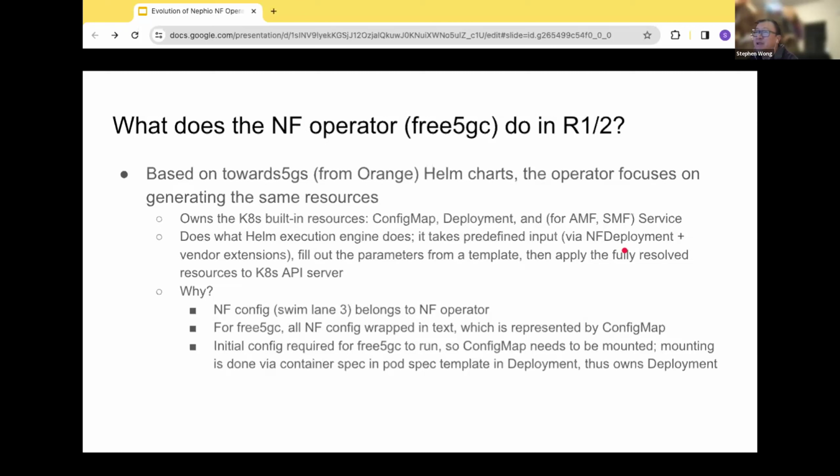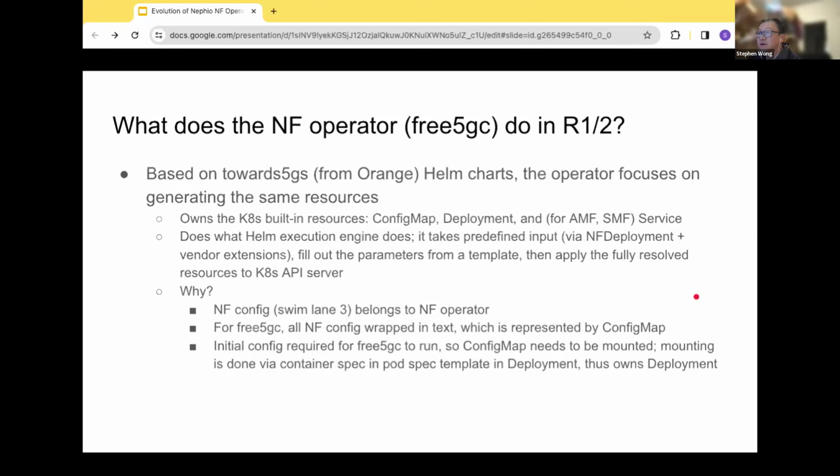So there are no dynamic configurations; there are configurations sitting there statically, read once when the network function starts. We wrap it into a config map, which is logical because any text we usually wrap in config maps, and the Helm charts do too. A config map is something you mount, particularly because when we execute the container we already point it to the configurations, so the config map needs to be mounted in the container specifications in our deployment.